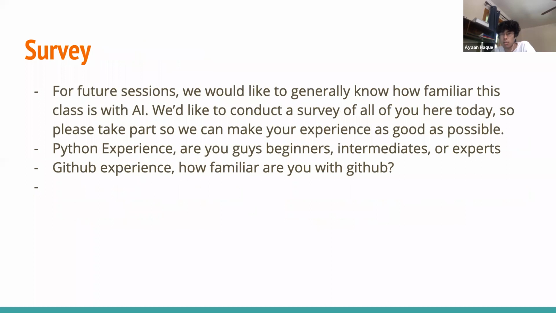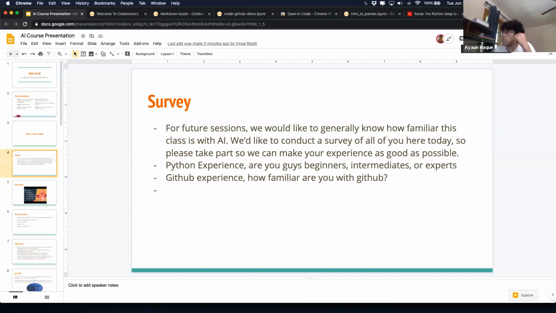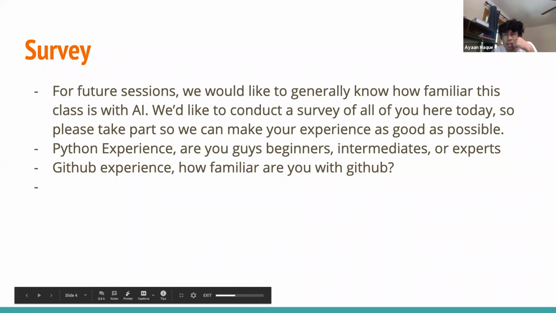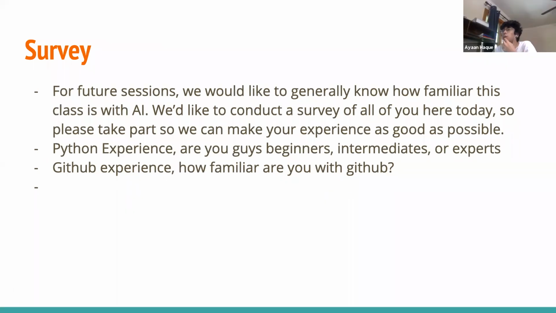First off, how many of you have no coding experience at all, never done any coding before? If you go to participants, you can see a raise hand button over there. If you click on that, that will be your yes.